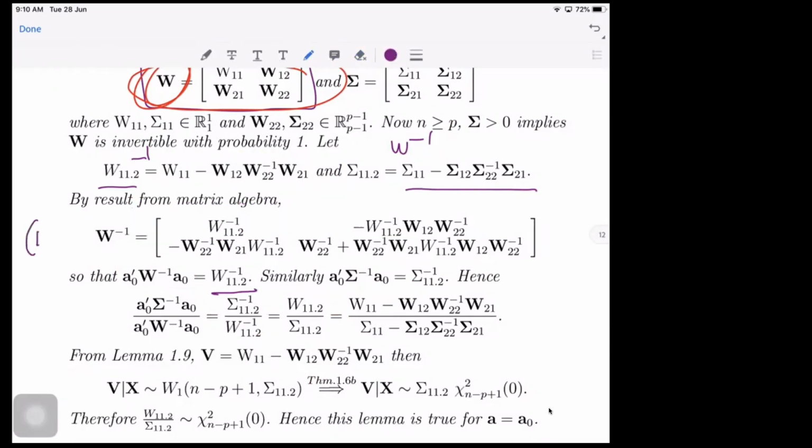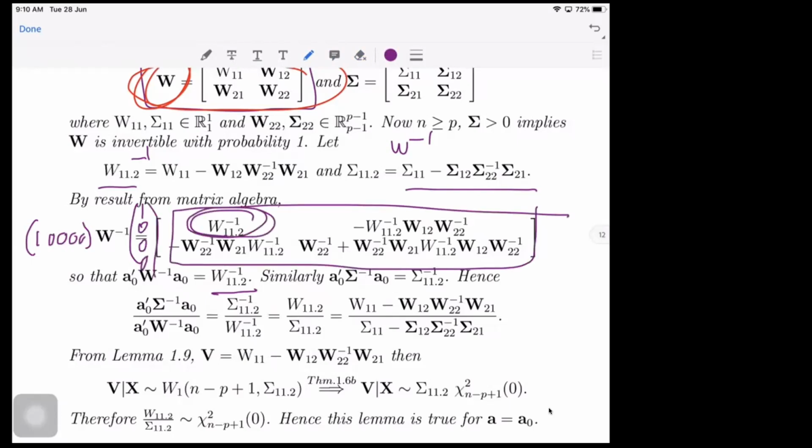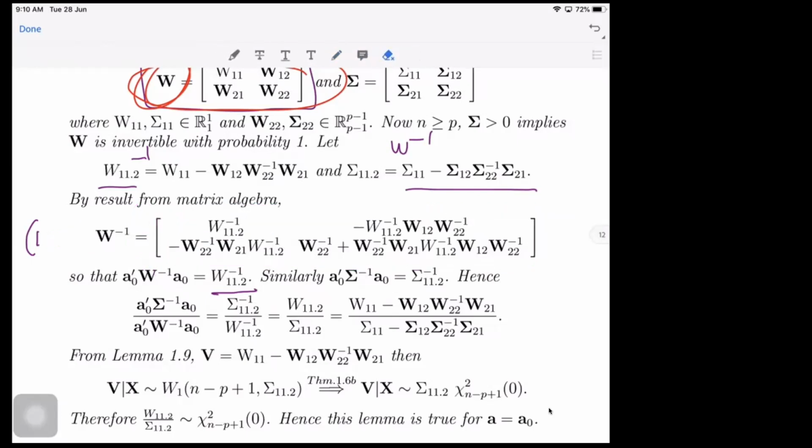So you multiply 1 0 0 0 0 here and 1 0 0 0 0. If you look at the entries here, what remains is this. So that's why it tells you that